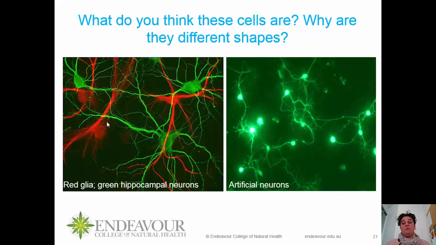Now, over the last decade or so, we've made some progress in culturing or making artificial neurons. And you can see a picture of it, an example of one of them, over on this side here. This is actually quite useful in terms of studying neuronal function, in terms of studying how you can regulate the different neurons. So while it can be a bit gross to think about neurons in a dish,